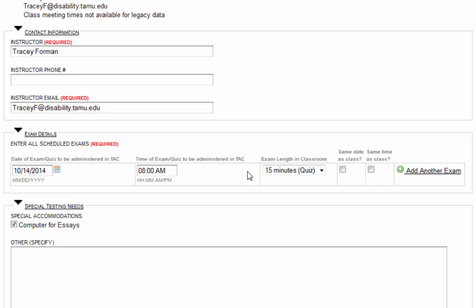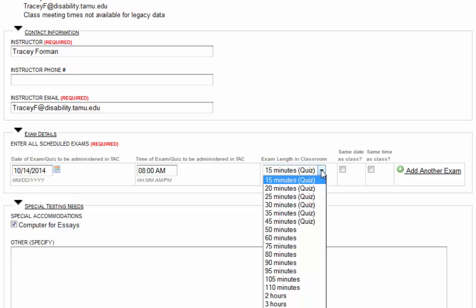at a different time. Next, you will use the drop-down menu to select the length of time for your exam or quiz. It is important to select the length that the class will have to take the exam or quiz. Tracker will automatically add the extra time on the exam or quiz for you depending on your accommodations. For example, if your class has 50 minutes to take an exam or quiz, you should put 50 minutes in